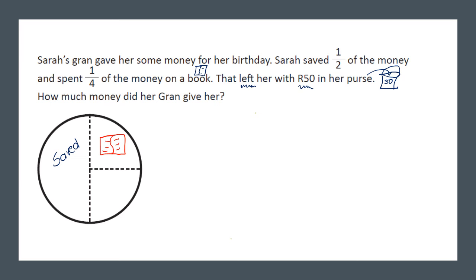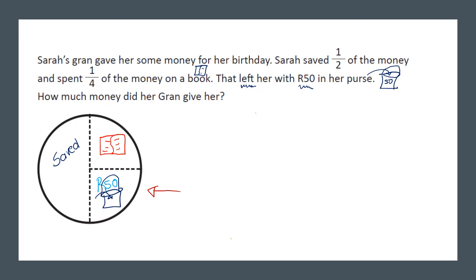What has she got left? She has 50 rand left in her purse. So this is the portion that Sarah has in her purse. Look, there's her purse again. Remember, I always say to you, try and draw a picture. So now it's easy to say, if I've got 50 rand there,